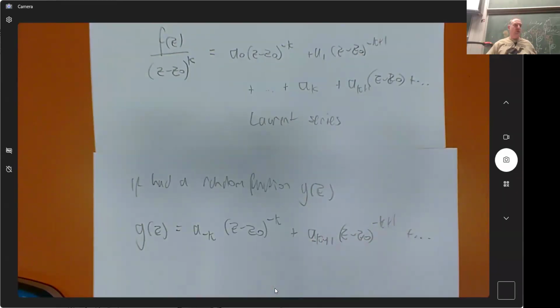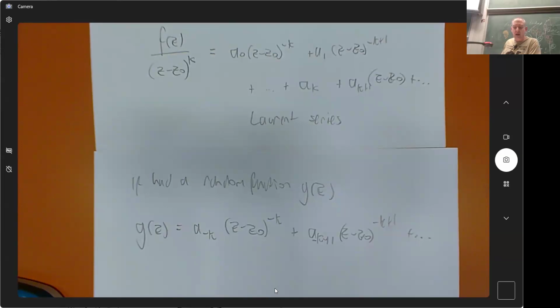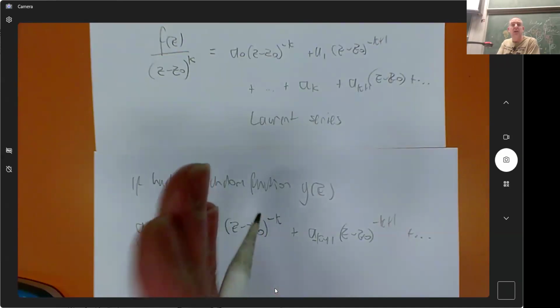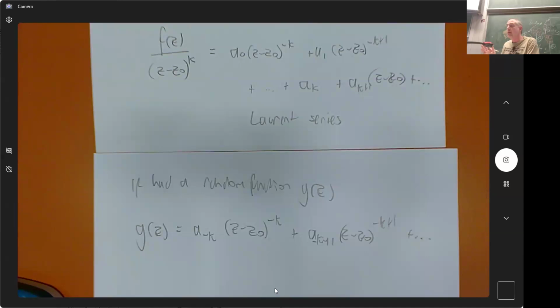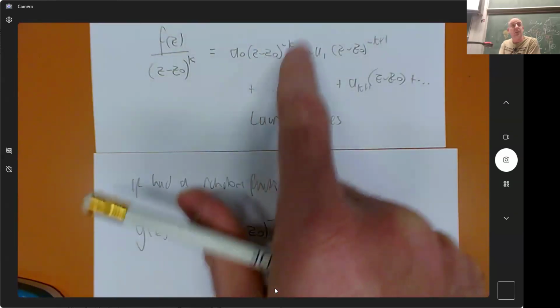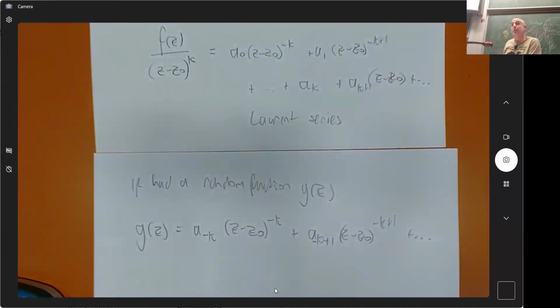So if your function is not horrifying at the point z0, it will have a proper Laurent expansion that starts at a particular negative k and goes up from there. But some functions are horrifying and don't have Laurent expansions. It has to be particularly bad, because this function already doesn't have a Taylor series at this point, since it has negative powers here. So it's already pretty bad, but it's really bad if it doesn't even have a Laurent series. I imagine it would be really difficult to create a function that did that.